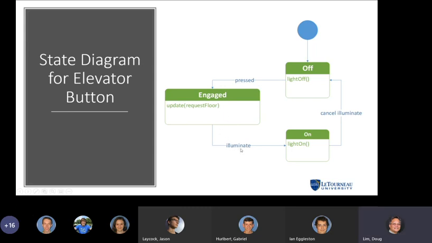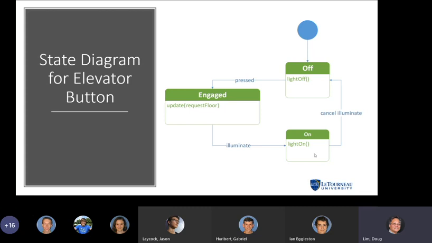We requested a floor, and the illuminate event comes in, and the light is actually turned on in the on state. So we've traversed. We engage it, which is a method whose sole purpose is strictly to request the floor for the floor button itself. Then we illuminate, which is turning the light on.